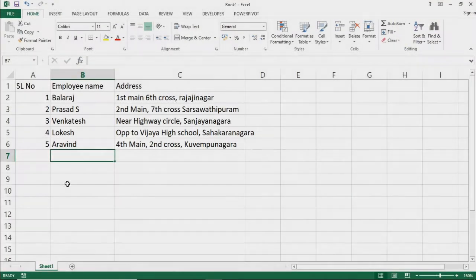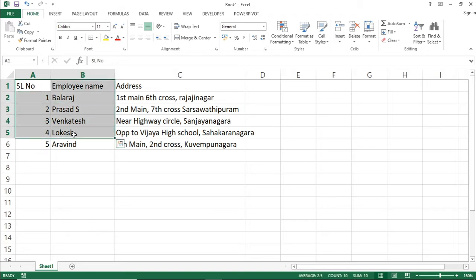Now let us see how to copy or cut and paste the data. Before doing cut or copy, we have to select the text. Let's say for example I want A1 to A3, or A1 to B3, or A1 to B5.